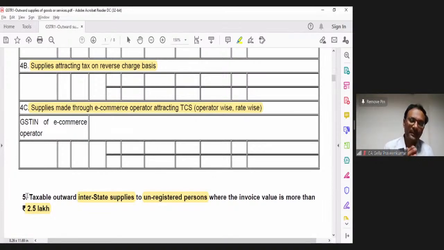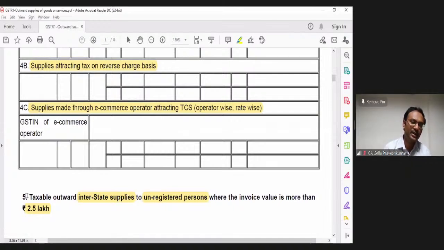Government wants to know which state these goods are supplied to, the state where the consumption is happening. Let the tax be remitted to that particular integrated state. Let the tax travel to that state where it is a B2C transaction of more than 2.5 lakhs. So how do I find this transaction?